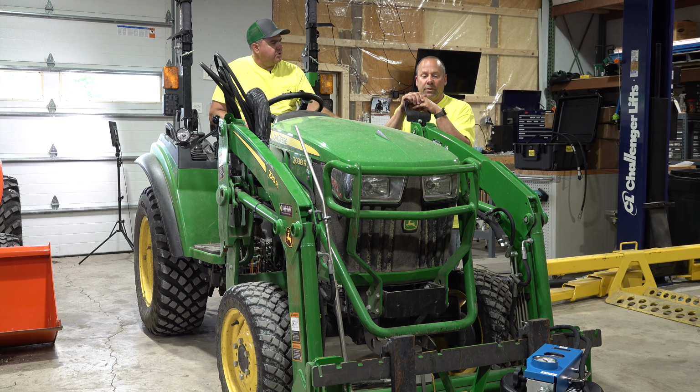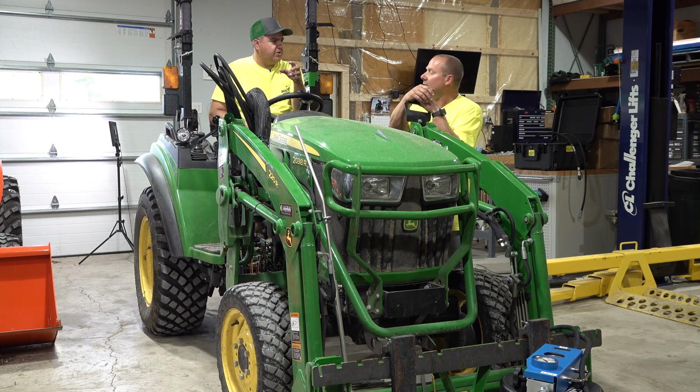Yeah, but on a grapple, let's say you're going to clamp your load. It's going to go up against relief because you're going to clamp it as tight as you can, and then you're going to let off, and the valve closes and holds that pressure there. So I don't think you're going to get any less work out of it. I mean, so you think you'll still get all that pressure? The parasitic pressure won't be...